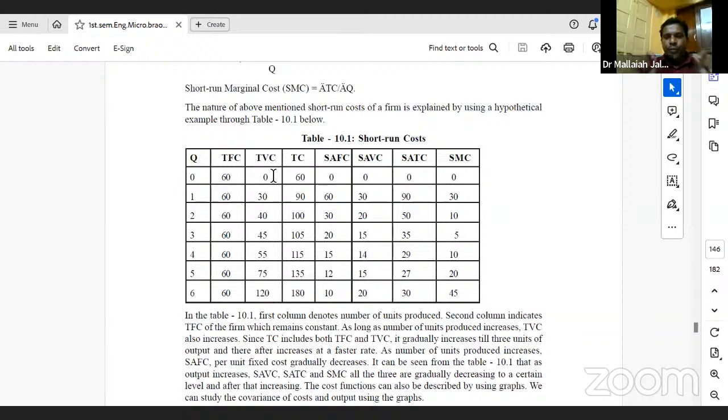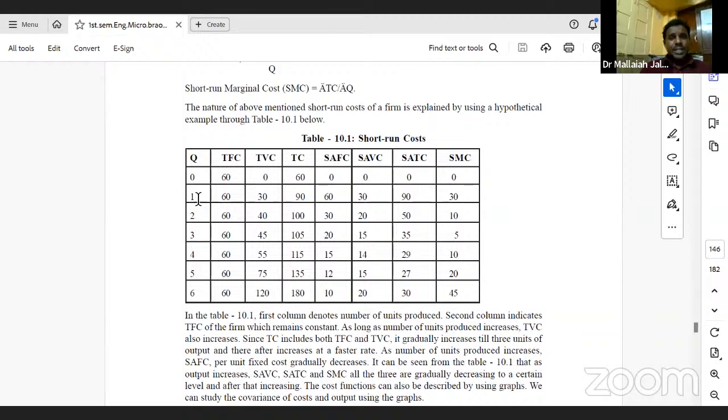Variable cost, when the output increases, variable cost will be there. So output is 0, variable cost also 0. That is the reason why 0. Total cost, when we add together total fixed cost and variable cost, we get total cost. So 60 plus 0, how much? It is 60 only. So here, short run average fixed cost, that is 0. Variable cost also 0. Marginal cost also 0. But when we increase this quantity